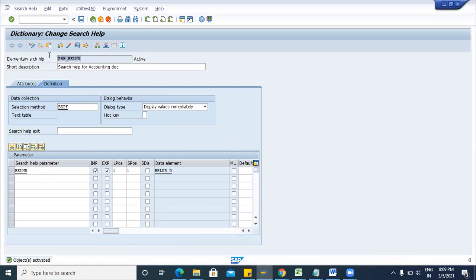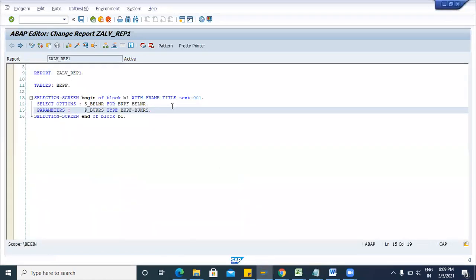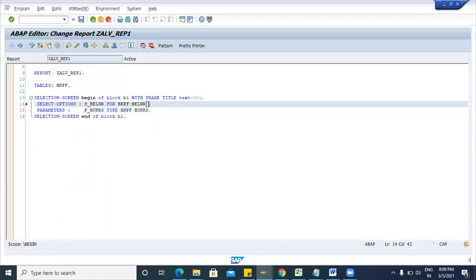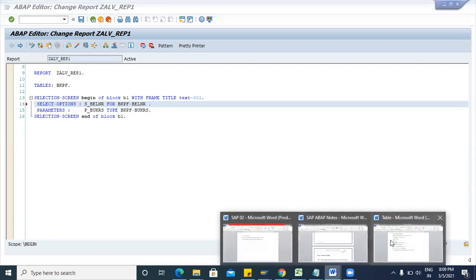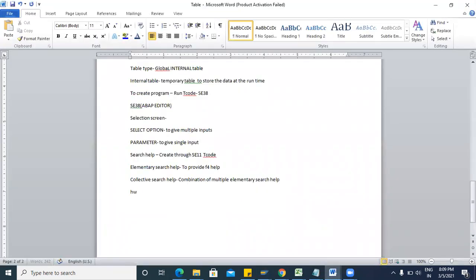Just copy the name. Then using the match code object, we can consume this search help in our report. So how to consume the custom search help in the report: through the match code object.